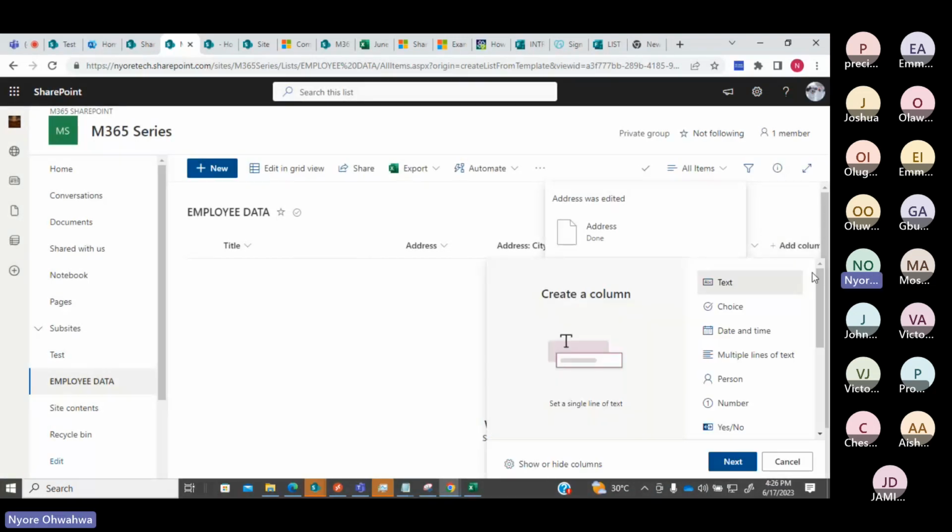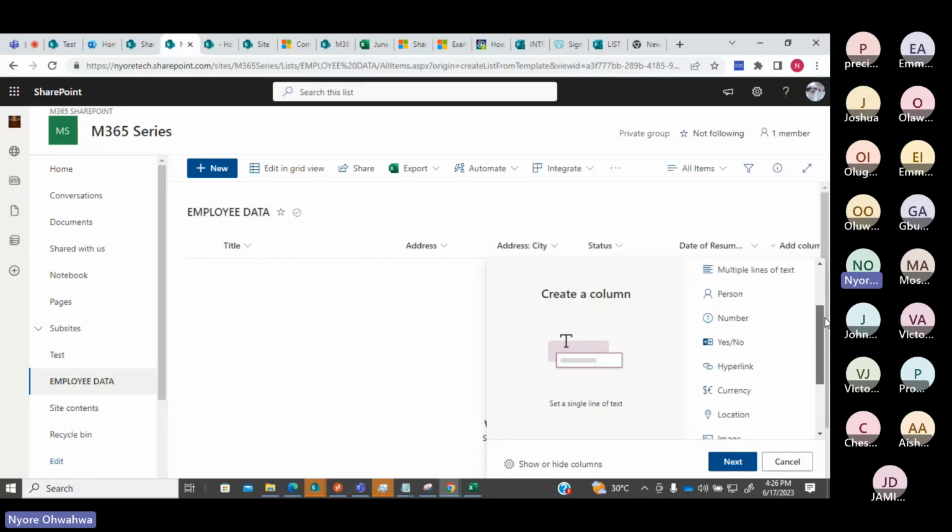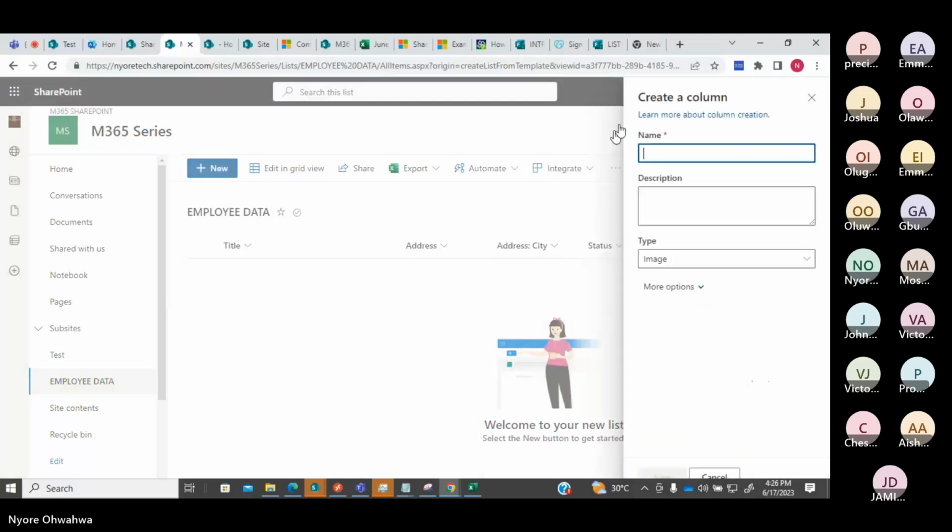So do we need to use any other column? Okay, let's say image. For the employee, we need to add the employee's image. We want to see how the person looks, basically. So let's add image and then say picture.